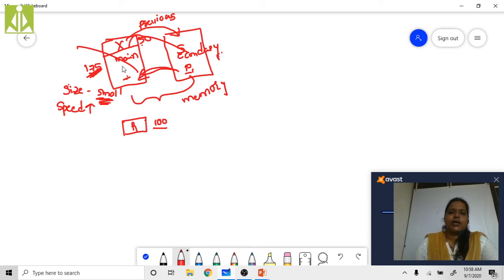As the main memory size is very small, it can't accommodate many instructions, so we store all the instructions on the secondary memory. In order to execute a particular program, that program should be in the main memory. But here the main memory is filled with instructions of some program X. Here we have 100 instructions.